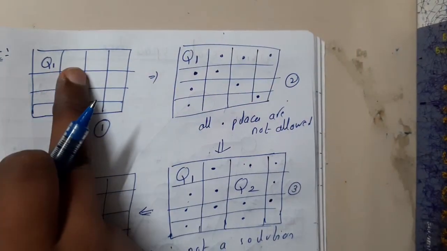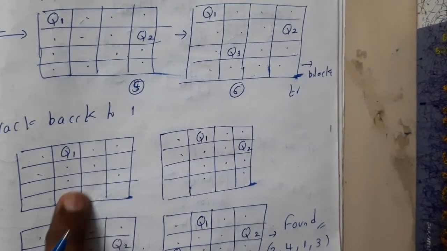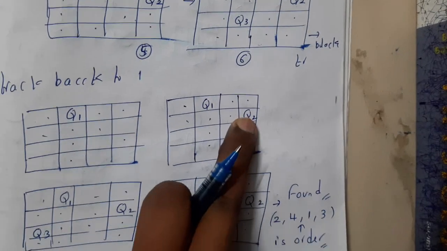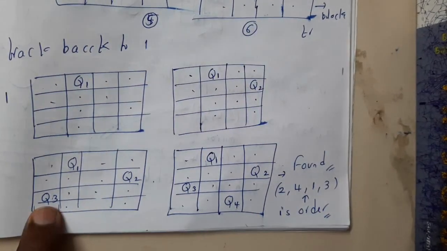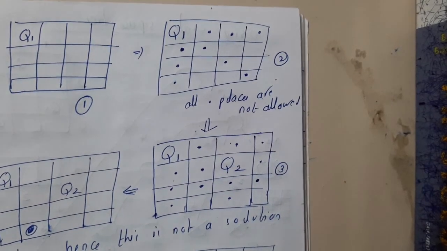So here, let us move this a bit to the side. So q1. From q1 you block all the points, then place q2 here, block all the points, place q3 here, block all the points, the left out point is q4. So we got it. So just observe the diagrams guys, you will understand how backtracking is done.